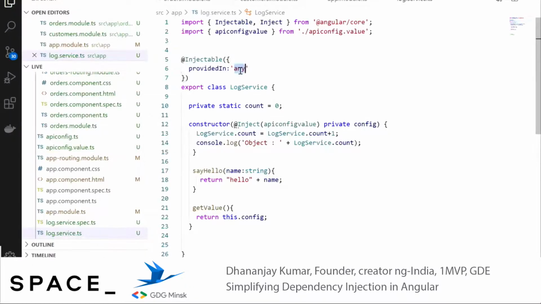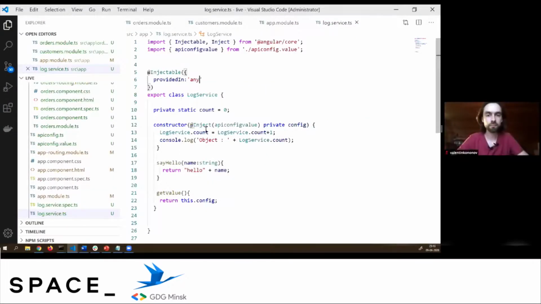So this is the purpose of any, which got added in Angular 9. The third option here is platform, which we are not going to cover today, but what platform does is it allows you to share this service across multiple Angular applications in a single browser tab. Probably I can create another video and put it on my channel for that. So now you understand the purpose of any. First, I tried to show you the problem, then what the earlier way of solving that problem was, and then how any is solving that. So this is what I have for today.